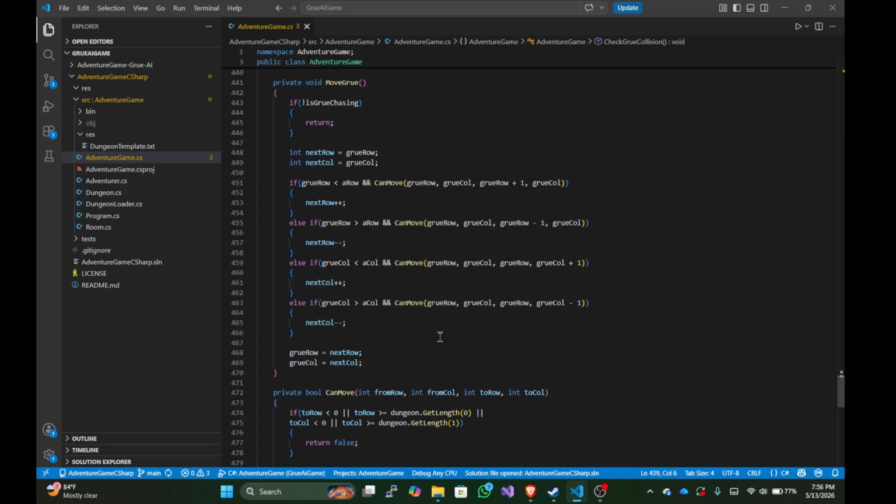A more advanced version could use BFS, or breadth first search, to find the shortest path. BFS would be O(R times C) per GRU move, but the greedy approach is simpler and fastest for this project. As you can see, this is one of the better approaches, it's O(1), and it's pretty simple. It just tries to shorten the distance from the player to the GRU. We also